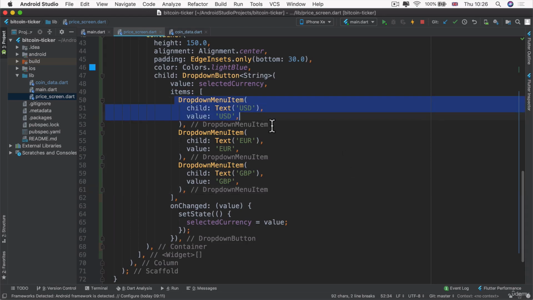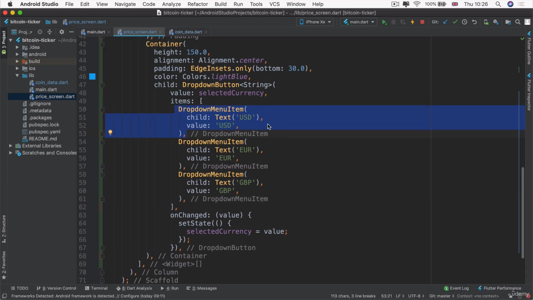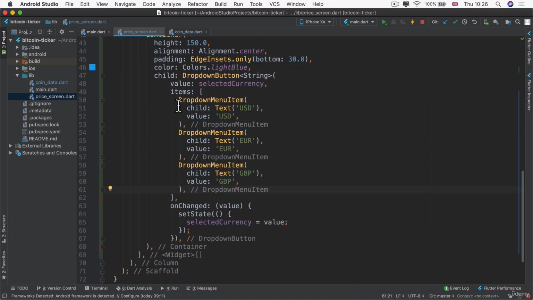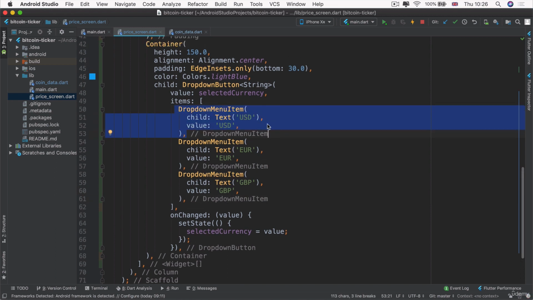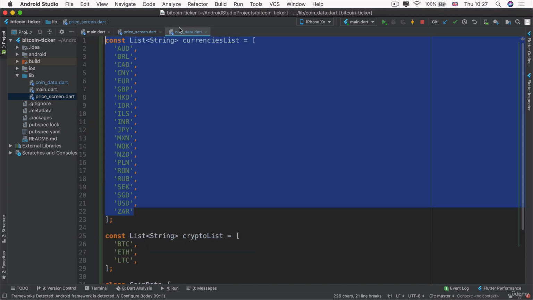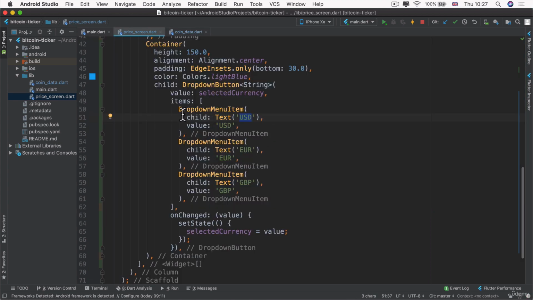In this lesson, I'm going to show you a sample solution for creating all our drop-down menu items in one go by using loops. Either you've used what you already know about for loops, or you've watched the last lesson and you've now learned all about Dart for loops. But either way, we're going to solve this challenge of taking our list of currencies and converting them into drop-down menu items with text widgets with value properties. And we're going to insert the value of each of those items inside our currencies list into one of these